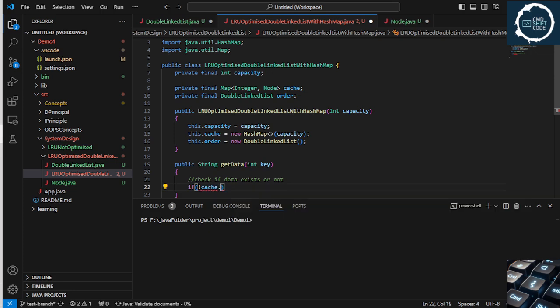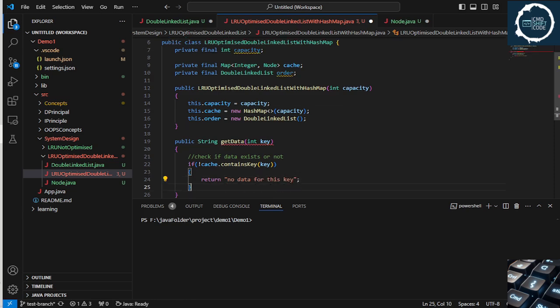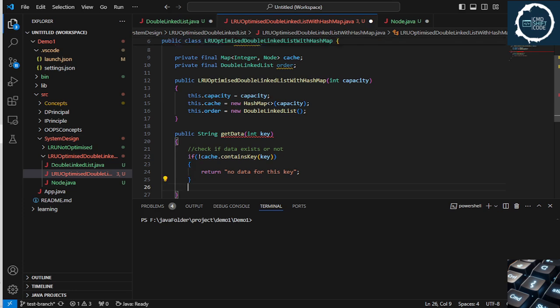So cache dot contains key, I'll pass my key. If it does not exist, I'll just return no data for this key, similar to last time. Now if it is existing data, we have to get that data and